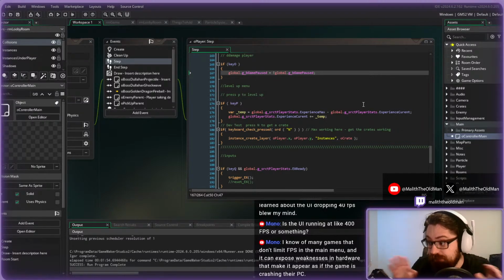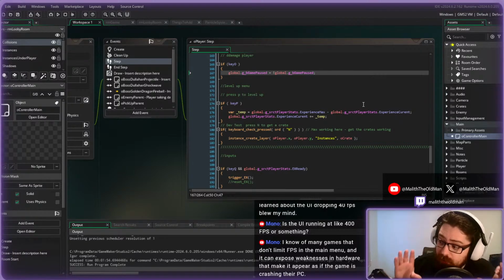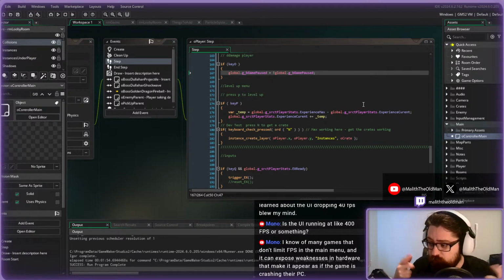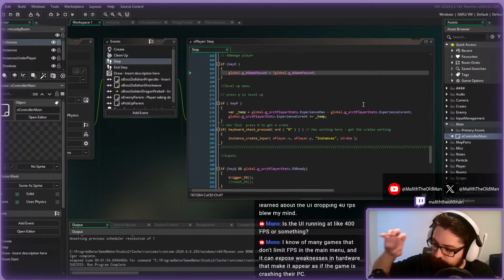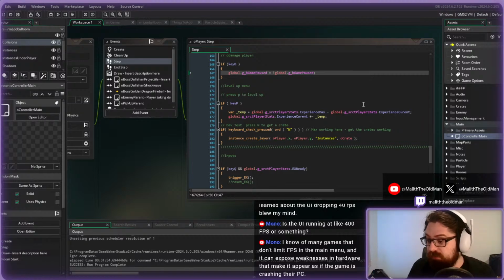The problem is, clearly, the update section is way too intense, and it's doing too many things every frame, which is therefore creating a greater and greater load, and the fact that we were seeing it slowly deteriorate as well is a really bad sign. It does mean that it is extremely unoptimized. While most players aren't going to notice that, what I was seeing there is, if I left the menu open for longer and longer, it got progressively worse, and it would get worse for the next time as well. So there was carryover problems,